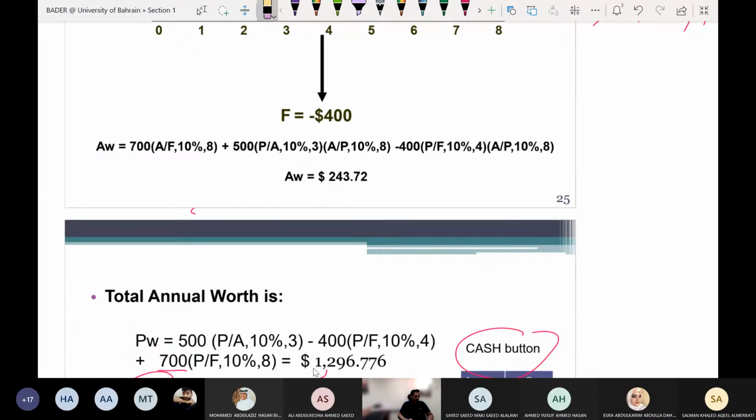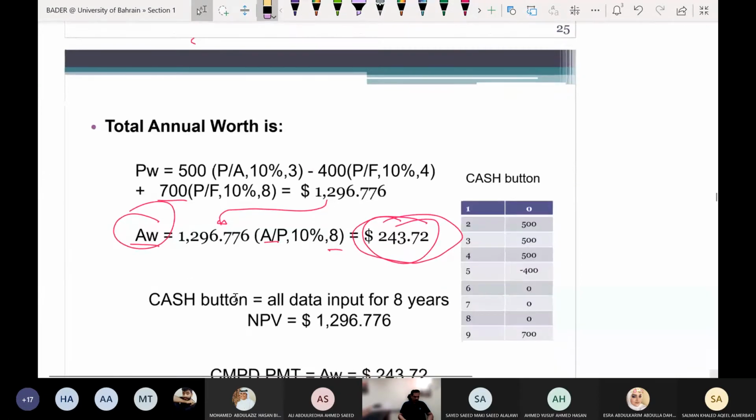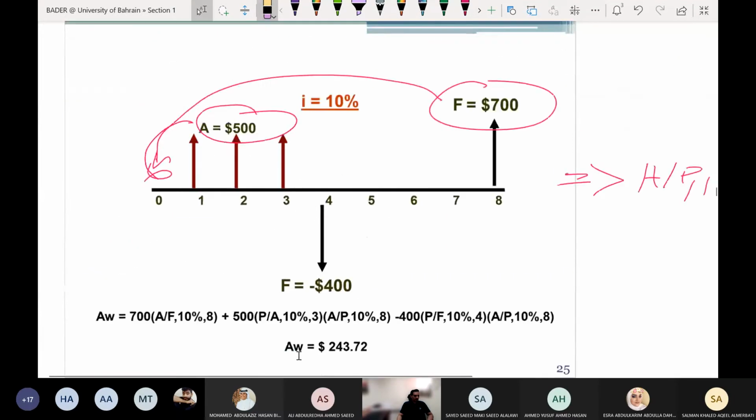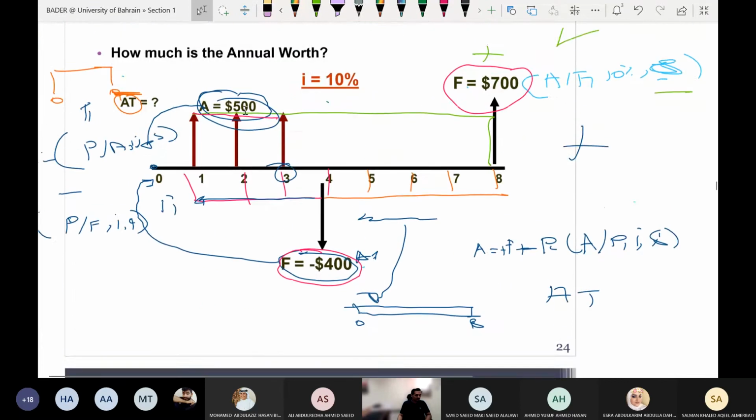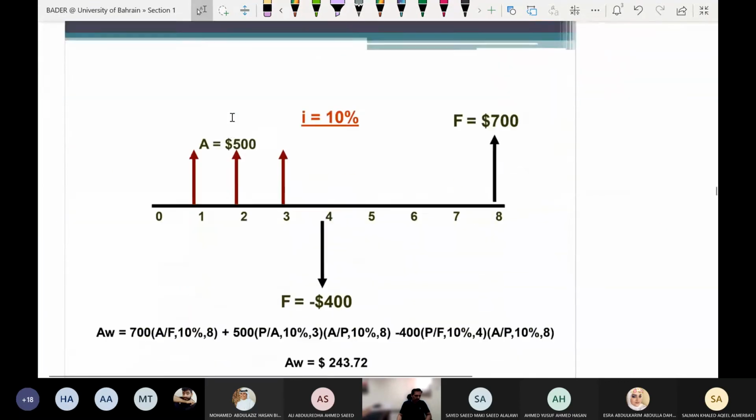So if you remember, just a quick recap of what we did last time. We were discussing a uniform series, or annuity, or annual, and all of them had the same definition. So we had a problem which was segmented over different periods and different variables. And therefore, when we were requested to present the total annual worth,